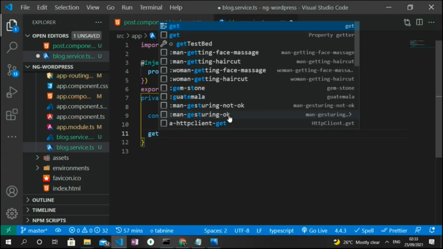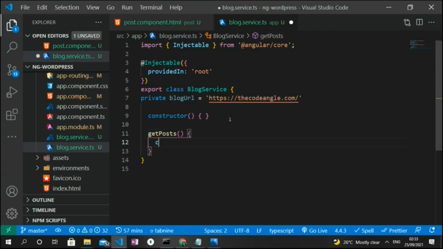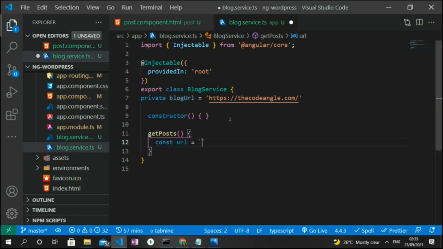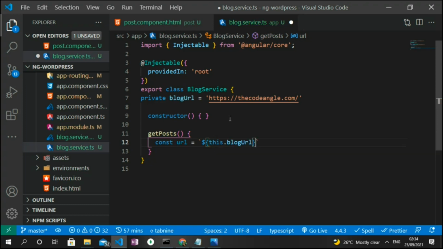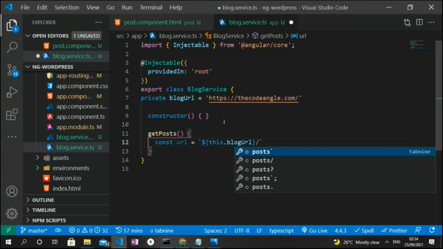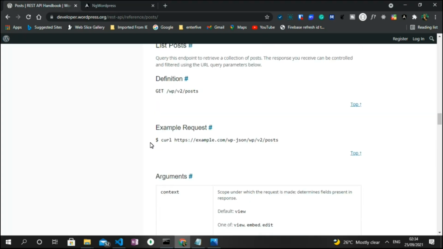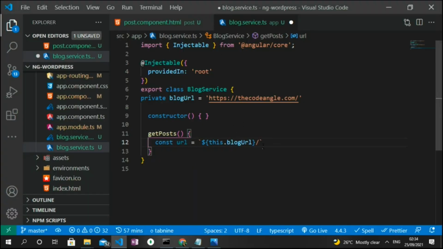So the first one, let's call that getPosts, and we open a bracket, and inside of this bracket we create a variable. So we say const url is equal to open a backtick, and then inside of the backtick we make reference to the variable we created, which is this.blogUrl, to get the blog URL. Then / we need to head over to the documentation of the WordPress REST API and then grab our endpoints, which is wp-json/wp/v2/posts. So I'll paste that in here. Now our endpoint is set,